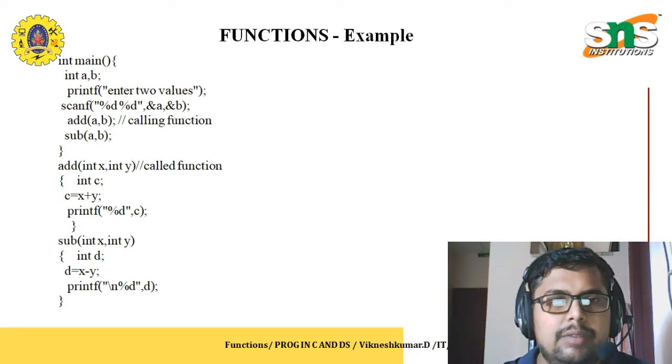In that we have a variable declaration int a comma b. Then we have a printf statement consisting of "enter two values". We have a scanf statement, with percentage d comma percentage d, the integer declarations for a and b, and ampersand a,